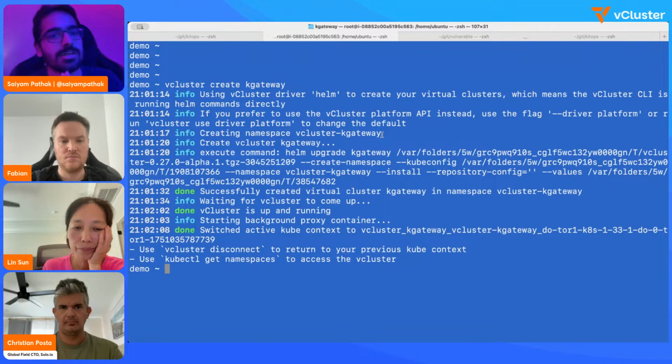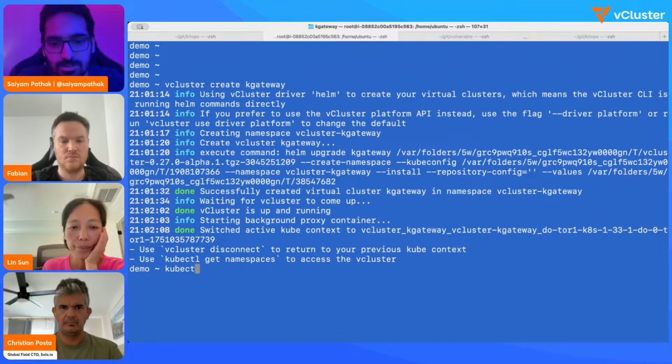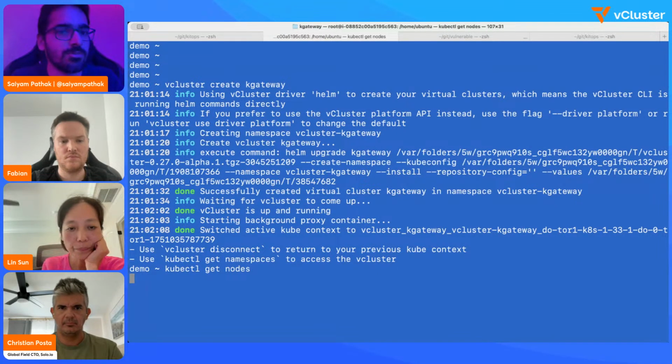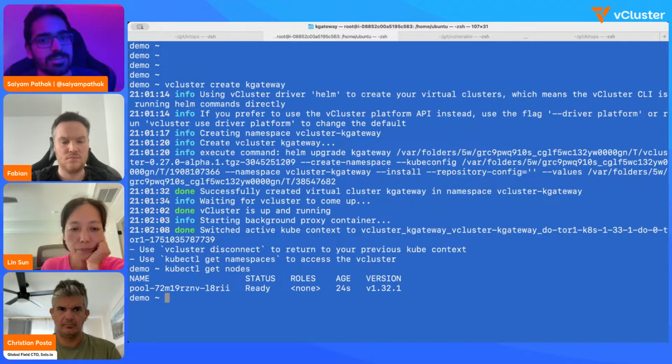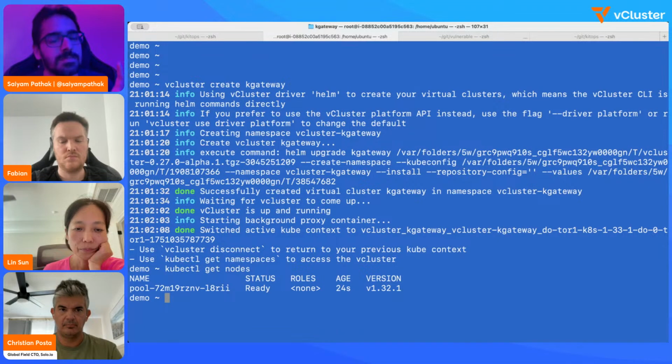And for all the interactions now, if I do kubectl get nodes, I won't be able to see the host cluster. I'm inside the virtual cluster. With every virtual cluster, it creates a kubeconfig file. Since I didn't specify any flags and kept it very simple, it used my existing kubeconfig file and added a new virtual cluster context.